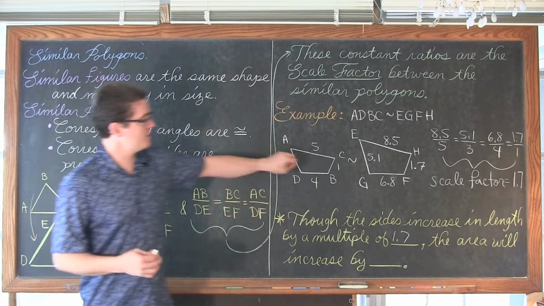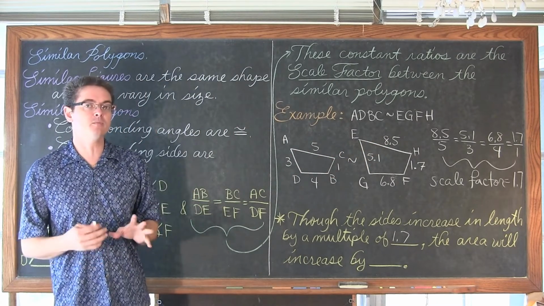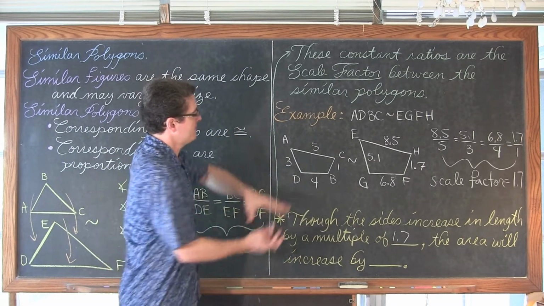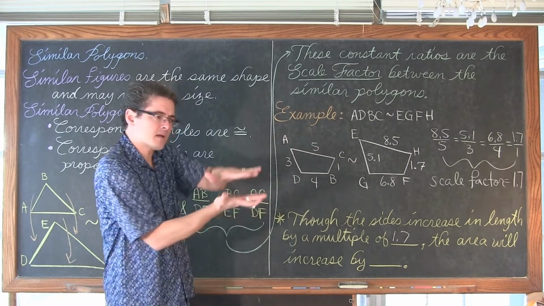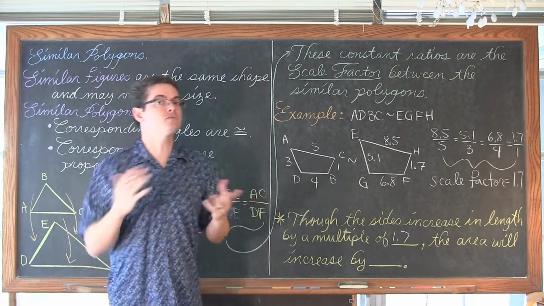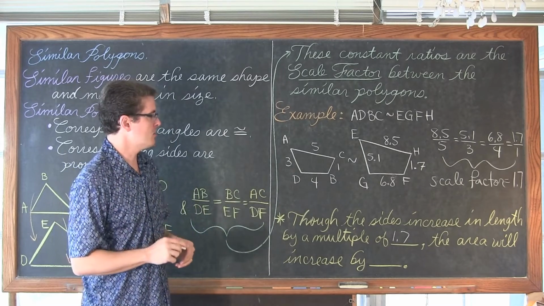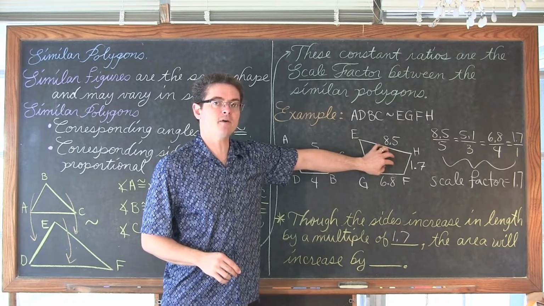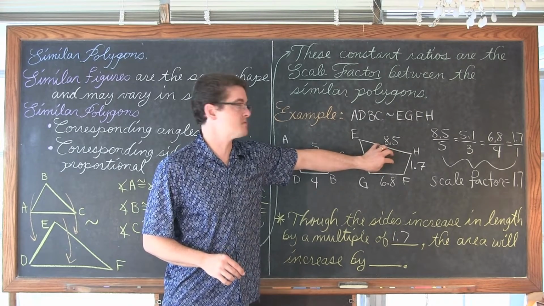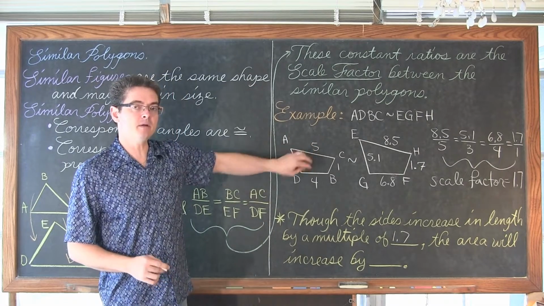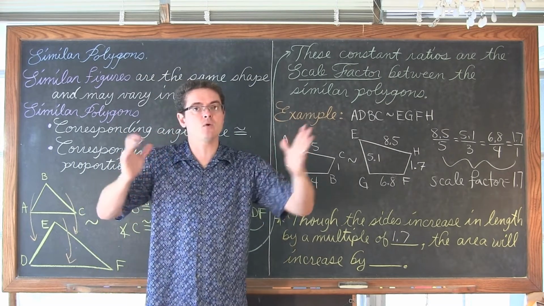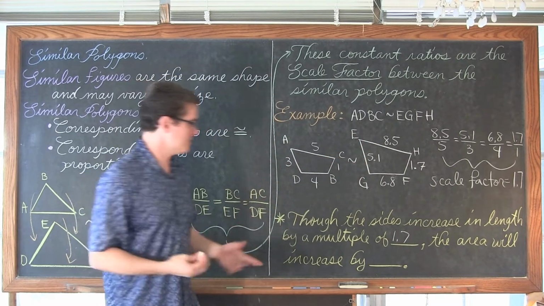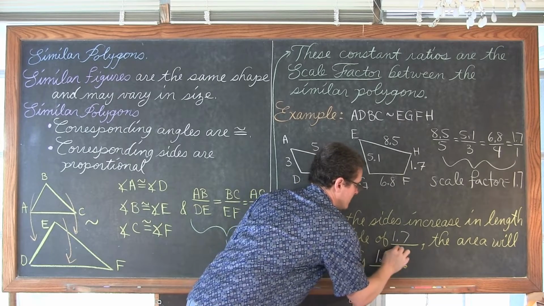Well, if these are indeed similar figures, which means they have to be the same shape, and I have the scale factor of 1.7, then it's a two-dimensional figure, so it's getting bigger by a multiple of 1.7 in two directions, in two dimensions. So the area inside this quadrilateral, if we were to find it, would not be 1.7 times greater than the area of this polygon, because it got 1.7 times greater in two dimensions to keep the same shape. So actually the area is going to increase by 1.7 squared.